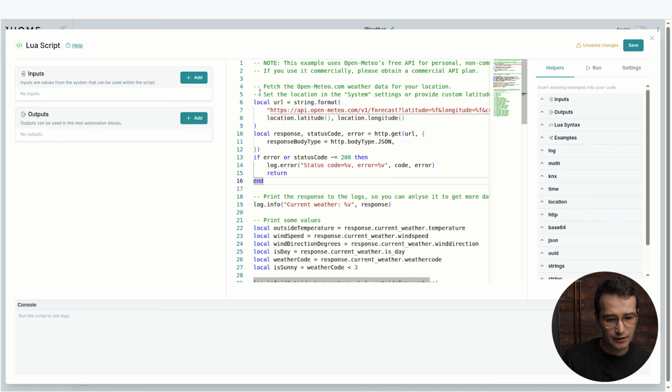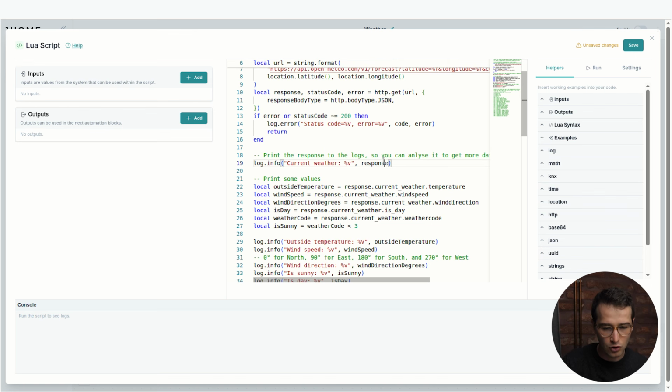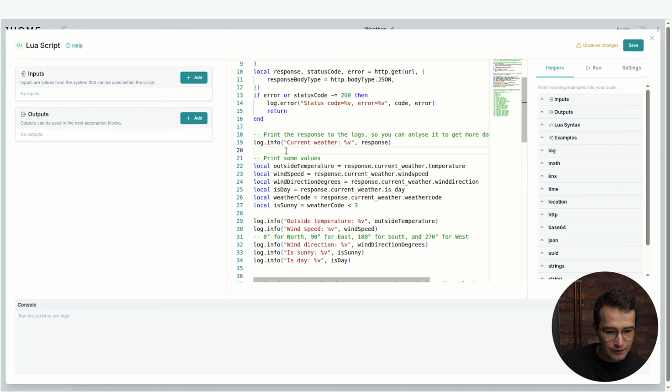In case this was successful, we can now parse the response. Here we have specified that the response is JSON, so the parsing is already done automatically by the server, but we can then go further and take out the values that we need. Here, as we will see a bit later, we will already print the whole response. This is a good way for you to analyze the return data, so it's easier for you to create the following code below. And then basically what we do, we take from the response different values.